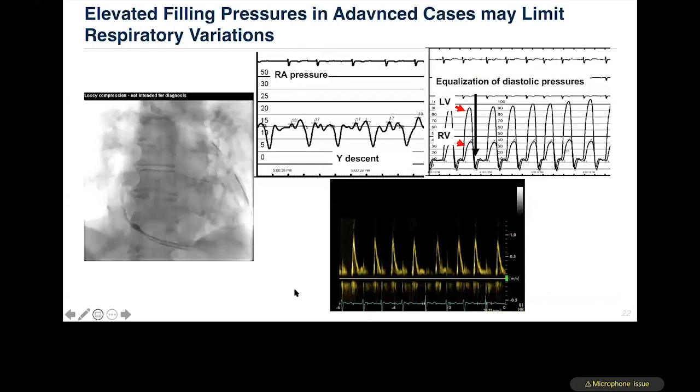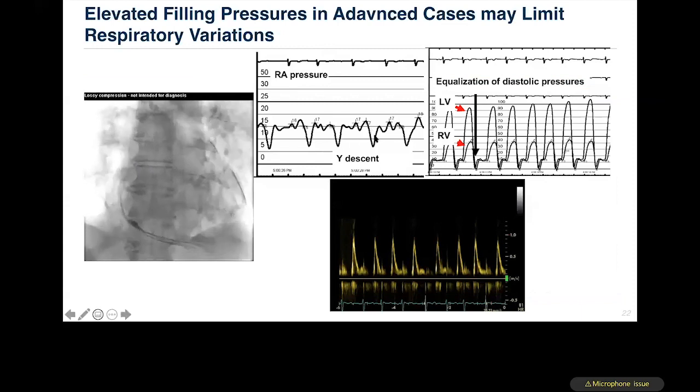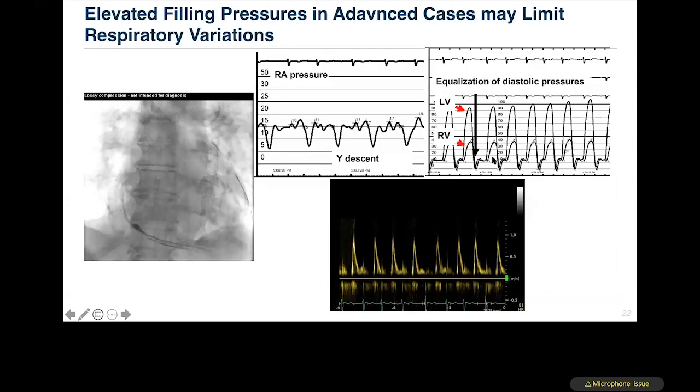Now you can understand in a patient who's got an atrial fibrillation, there can be a lot of variation related to RR intervals itself. To top it, if you look into the hemodynamics, you can see here the RA pressures are very high. There is that Y descent that you can see. There's a square root sign that the RV, LV pressures are equilibrated. And in this situation, you can see the RR intervals are changing, but there is very little difference in the pressure changes, or the characteristic pressure changes during the respirophasic intervals are a little bit difficult to see here in